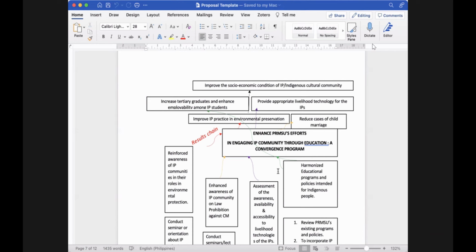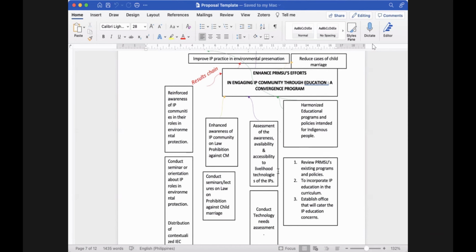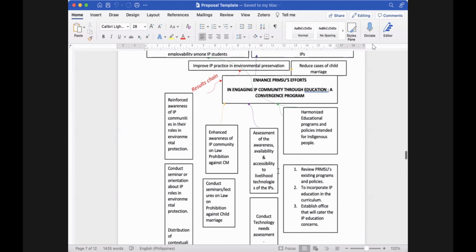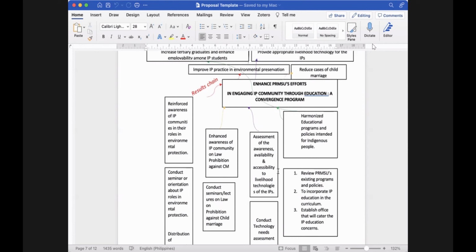Parang baseline data dito kung meron na ba tayong available technology, ganun po. Okay ba yun sa inyo? Kasi it's to enhance Primsu's efforts in engaging the IP community through education, a convergence program, or how do we enhance? Sige po,